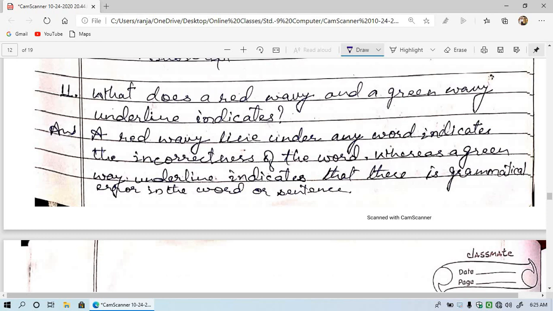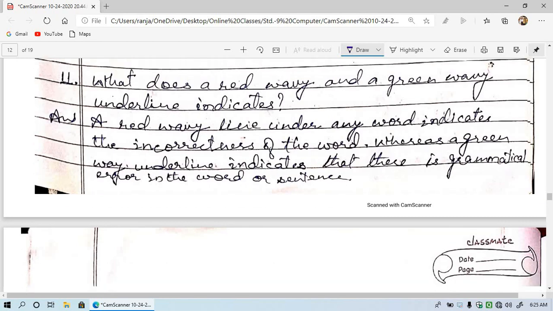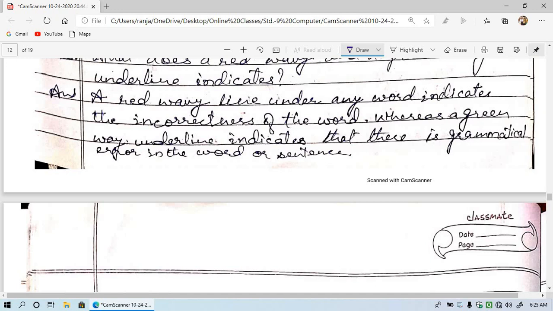You must have seen the green or red wavy line below a word or sentence in MS Word. What does it indicate? A red wavy line under any word indicates the incorrectness of the word, meaning the word written is wrongly spelled.